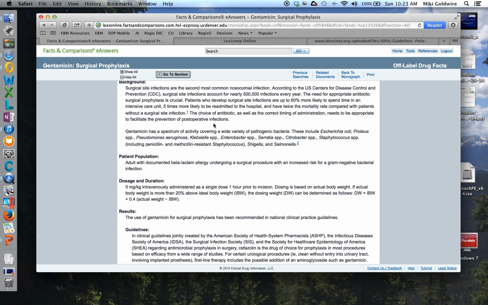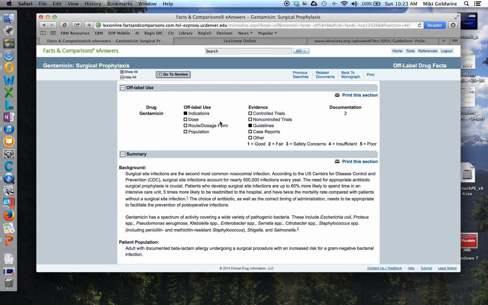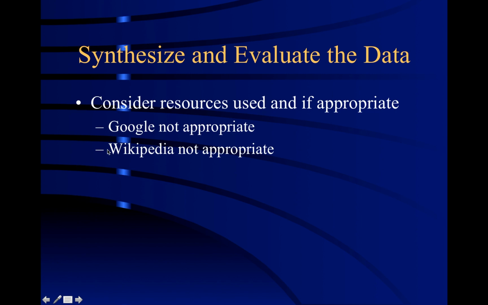So now we know our dose of gentamicin and clindamycin to recommend for our patient who's allergic to penicillins and the physician wrote for cefoxitin prior to her appendectomy. So now we need to synthesize and evaluate our data. We want to consider our resources used and if they're appropriate. From our data, we found the recommended alternatives to cefoxitin through looking in Lexicomp and Facts and Comparisons, and our